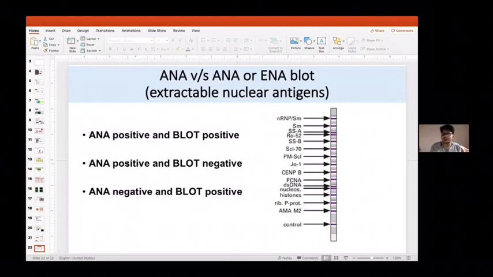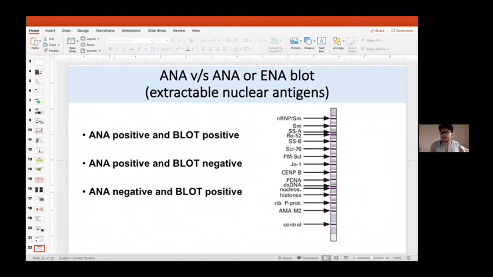Now we get a scenario which commonly happens. ANA is positive and blot is negative. So we should not be surprised after this lecture. Okay, because we know ANA by immunofluorescence has so many antigens to target and it is quite sensitive. That's why it is positive and blot can be negative. Means there are antibodies which are targeting antigens, but those antigens are not there on the blot. Sometimes people do just a 4 or 6 antigen blot. Okay, so you must know what you are ordering. You are ordering a blot, what antigens are there on that. So that can give you a very clear idea how it is working.